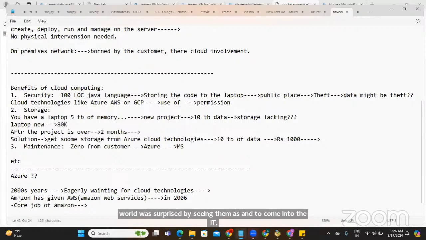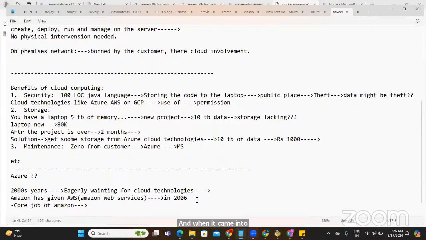Suddenly, when it came into the market, they did a good job, and they made a market, kind of like how we got a market with Jio. If you remember, in the year 2006, we used to use hardly 2 to 3 GB of data per month, guys. I'm pretty sure you are aware of that. But when Jio came, we used to use around 2 to 3 GB of data per day. It became the same thing, guys.